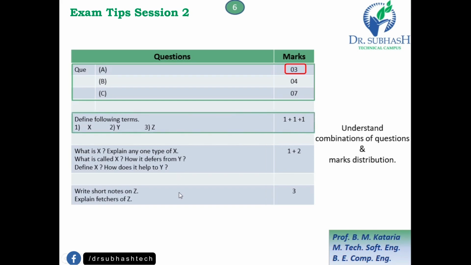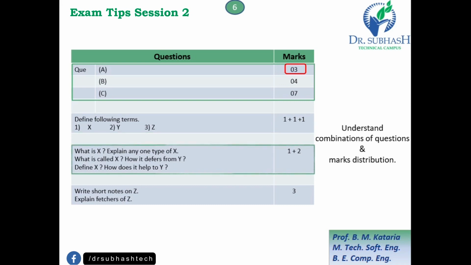First, define the following terms: first x, second y and z. This type of question arrives in the 3 marks, and the distribution of marks is 1 plus 1 plus 1. It means all 3 terms carry 1 mark each. Next, that is